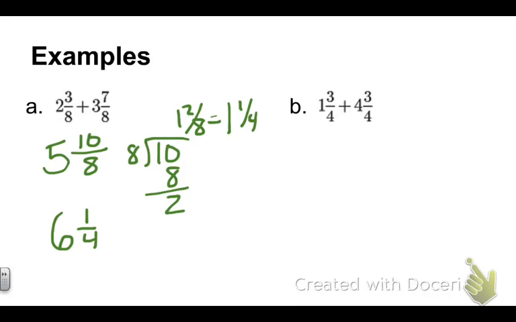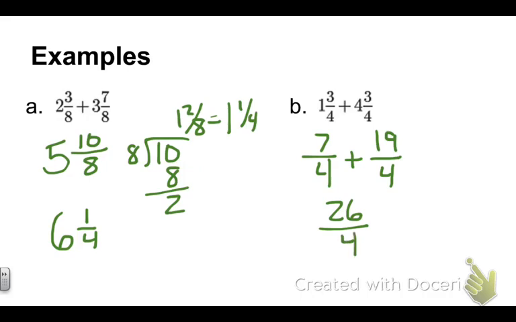But either method works. Let me show you method 2. If you convert everything, 4 times 1 is 4, plus 3 is 7/4, and then 4 times 4 is 16, plus 3 is 19/4. And then if you add them, 7 plus 19 is 26/4. And then if you divide that, I'm just going to do my work up here, 26 divided by 4,